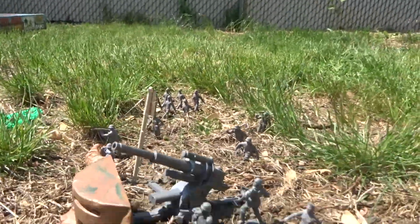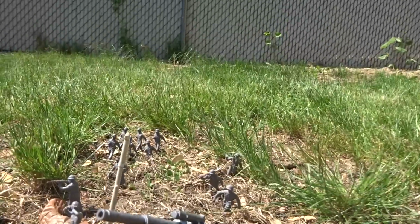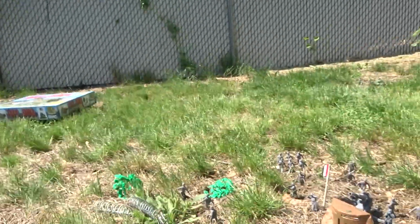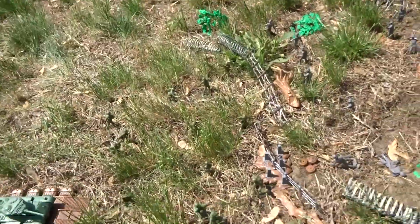So we got the 88. That crew right there does not belong with the 88. That is a CTS crew that I bought to man that gun. So that crew does not belong with this set. So this is the actual battle set right here that you were looking at. And as you notice, this little set